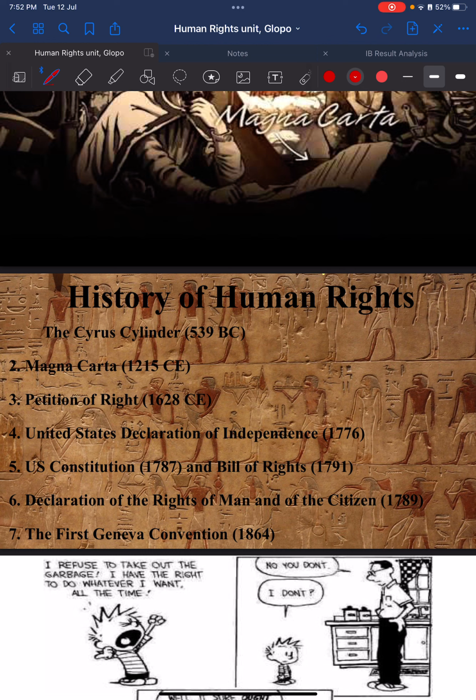Most dramatically, the abolition movement in the United States resulted in the official end of institutionalized slavery. In fact, many non-governmental organizations appeared for the first time during the 19th century, including an organization that campaigned to protect animals from unethical treatment. So you see the evolution of the human right.